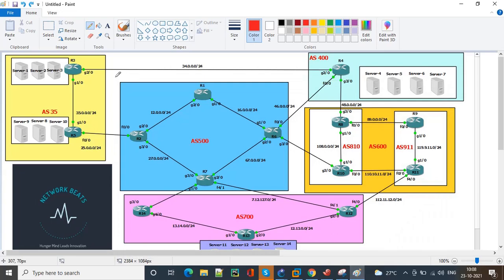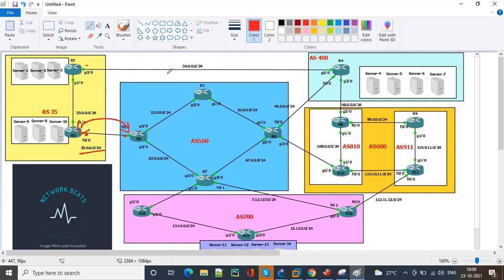Because when we are talking about BGP, we have seen in R5 and R2 that we used the 25.0.0.0 network, which is configured on the physical interfaces, and we just said neighbor and remote AS, and it worked on both R2 and R5. But here we have said the same thing. In R3 we have said neighbor 4.4.4.4 and remote AS 400, and also we have said update source loopback, but still our BGP neighborship is not up.